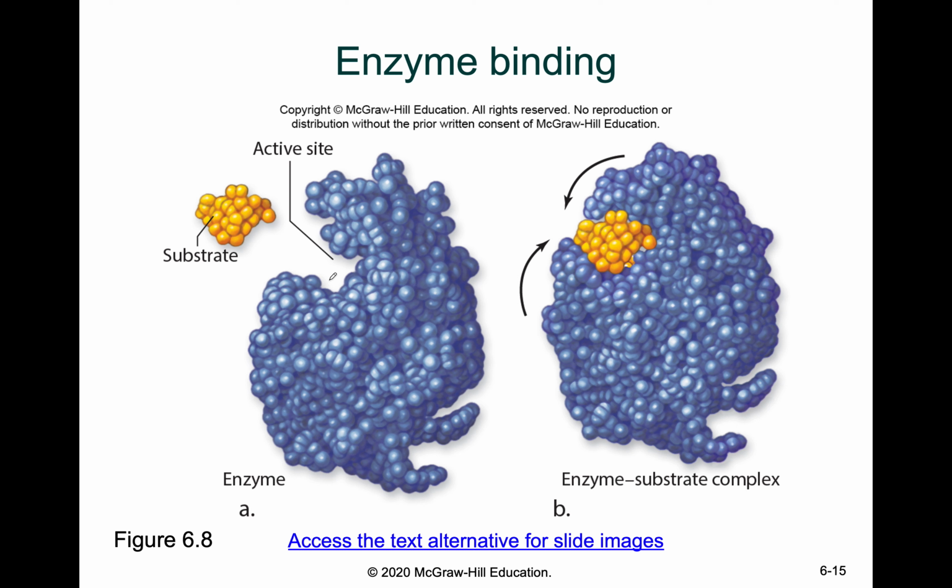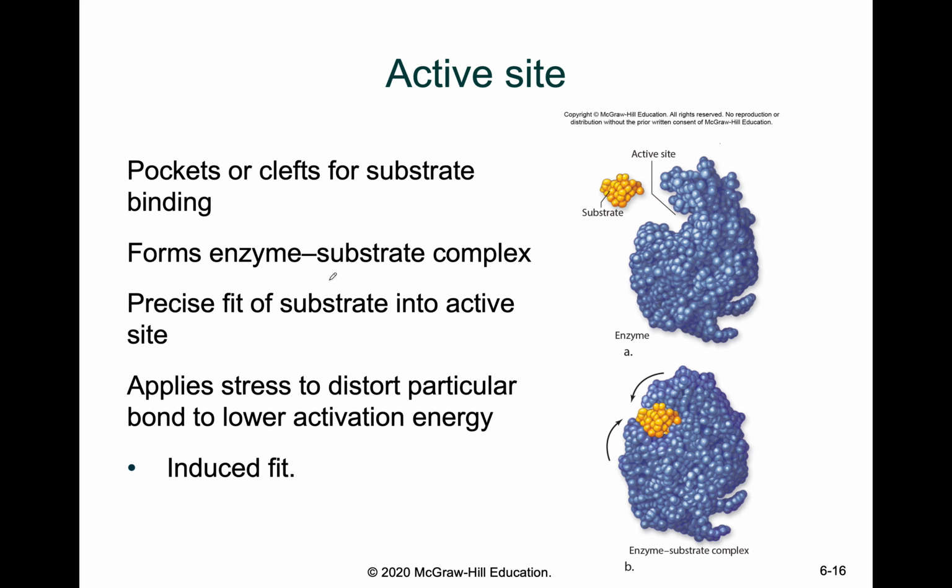So the blue piece of the diagram would be the enzyme itself, and in yellow would be the substrate that binds in it. Now you notice the shape of the substrate mirrors the cleft, or the active site, if you will, of the enzyme. And so you have the substrate binding to the enzyme inside the active site, generating this enzyme substrate complex.